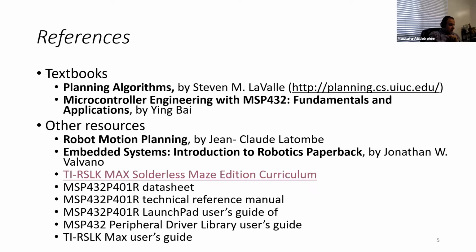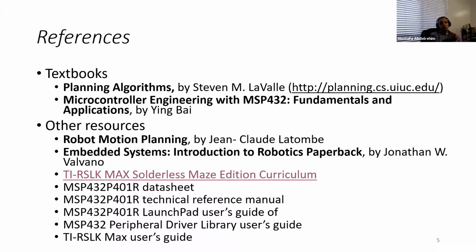Okay. So the textbook, we have two parts in this course. The lecture part is basically computational motion planning. So you will basically code path planning, you know, graph search and stuff. And for this, we have a textbook by Steven LaValle, and this is the link for this book. It's a free book. And for the other part, which is the lab part,